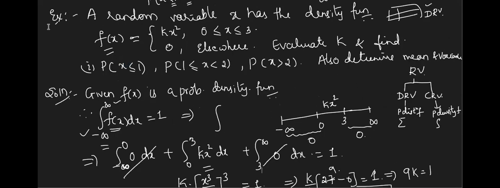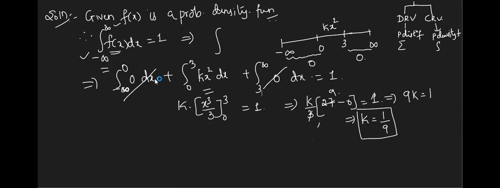Okay. Now, next part. What have they asked? Probability of x less than or equal to 1. Always the limits are actually minus infinity to plus infinity. But suppose they have given the condition like this. What is the meaning of x less than or equal to 1? So is 1 the upper limit or a lower limit? Think about it.